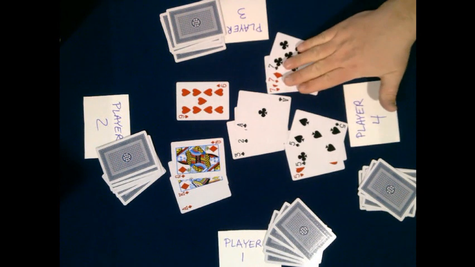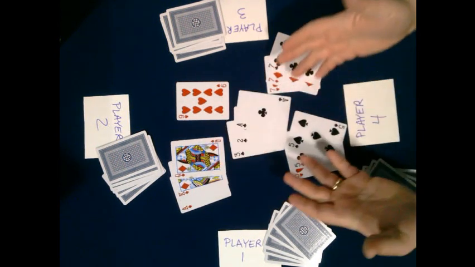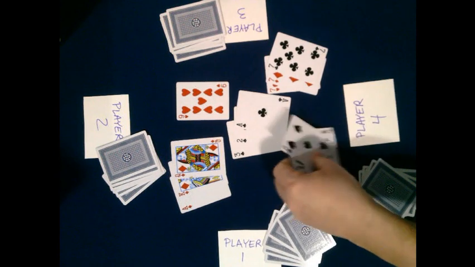So you want to get sets and runs. And you're going to lay those down in front of you. Now, the other thing that you can do is you can do what's called play off. All right, so let's say